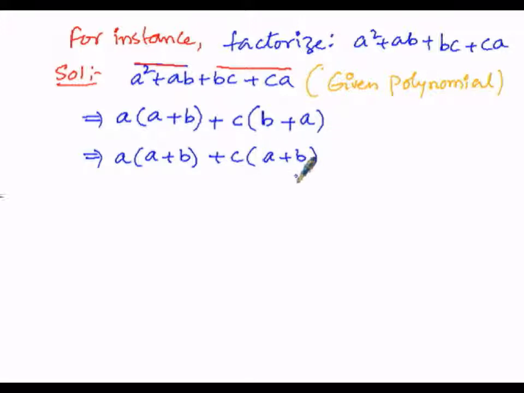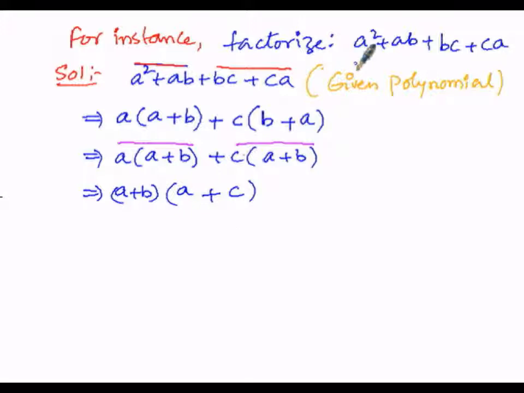Among these 2 terms now, that is a into a plus b and c into a plus b, there exists one common term, that is a plus b in both the terms. I want to take a plus b as common now. When a plus b is taken out as common, then there exists only a. Then plus, as it is, because into is there in between c and a plus b, we can take a plus b as common, then c is left over within the brackets.